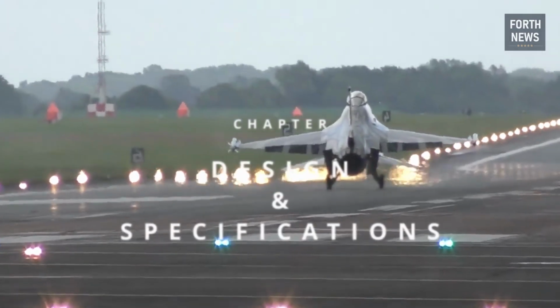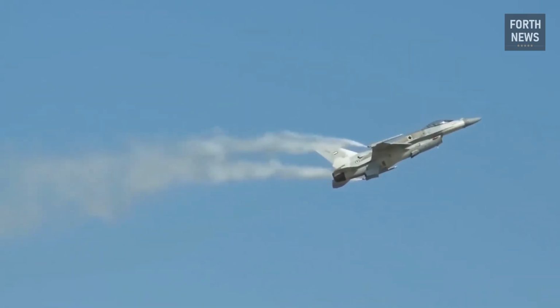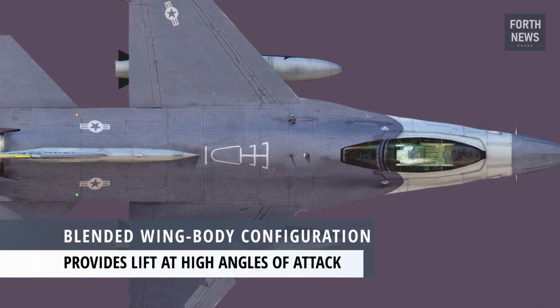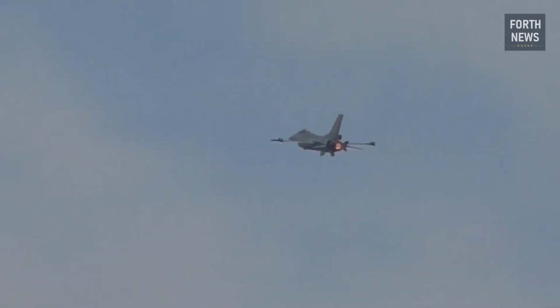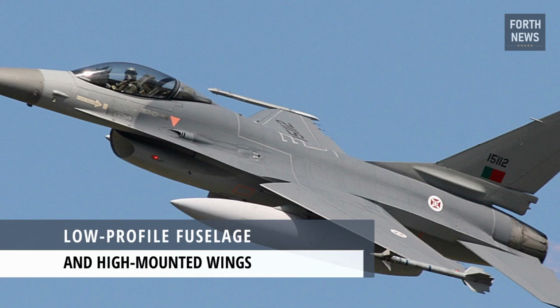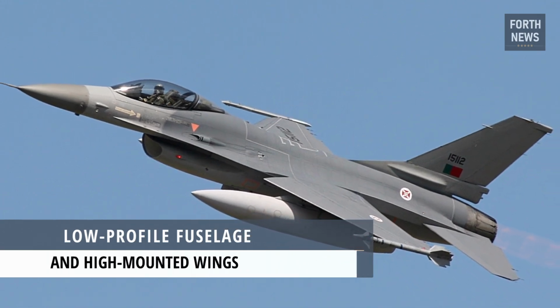Design and specifications. At the heart of the F-16A's design is its unique airframe, featuring a blended wing-body configuration. This design not only reduces drag but also enhances maneuverability, an essential characteristic for any modern fighter jet. The aircraft's low-profile fuselage and high-mounted wings allow for superior aerodynamic performance, enabling it to execute complex maneuvers in combat